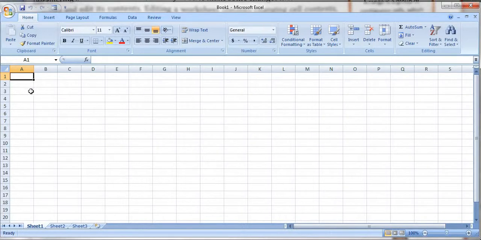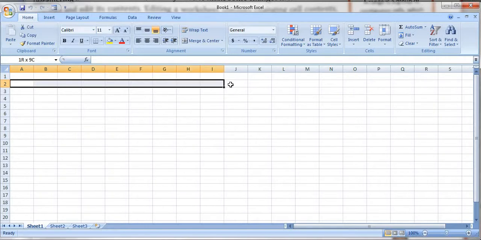Okay, I will show you something, but before that let's see how to do the selection. Suppose I want to select this row. By dragging with the left click of my mouse, I can select this row, up to whatever cells I want.